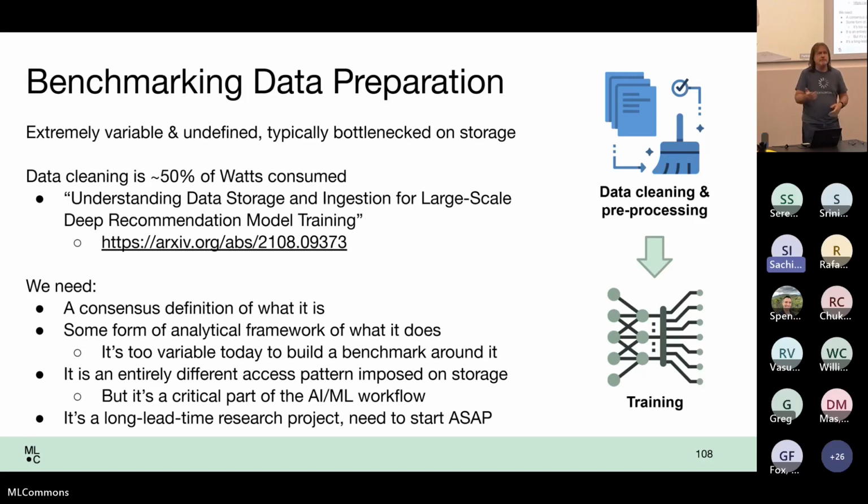Is that the paper from ISCA last year, 2022? The one that I quoted? Yeah, the one that you're showing on the screen right now. No, there was a Meta paper which also talked about the cost of doing ETL and the data pre-processing, which actually consumes a fair amount of computation.